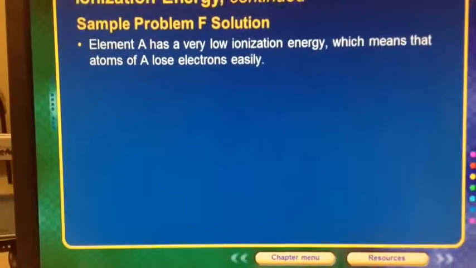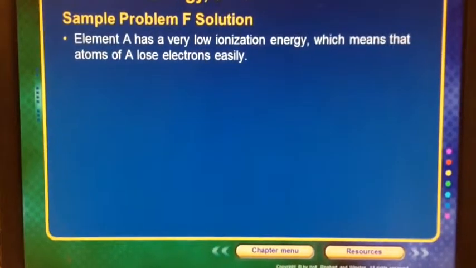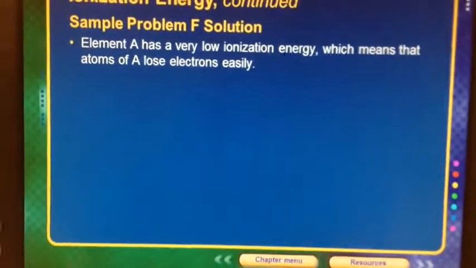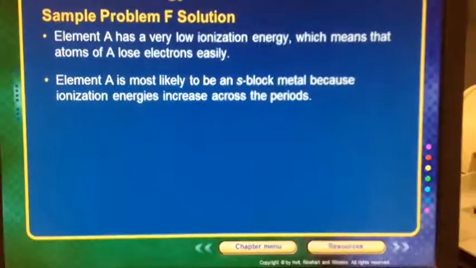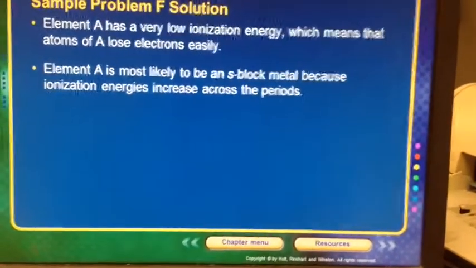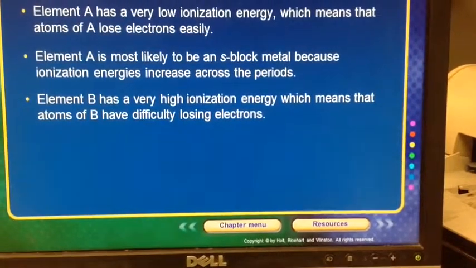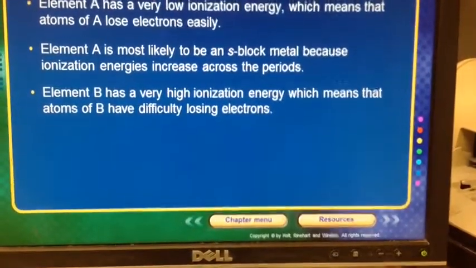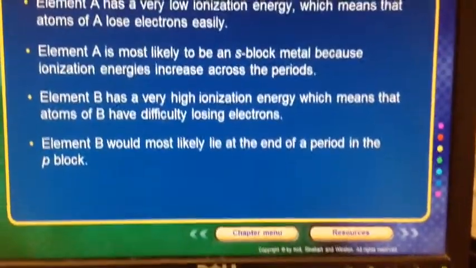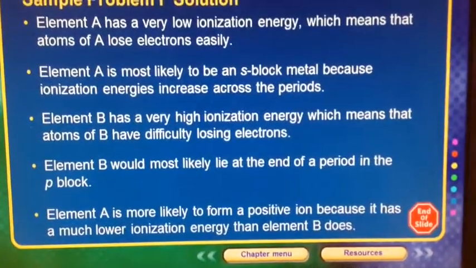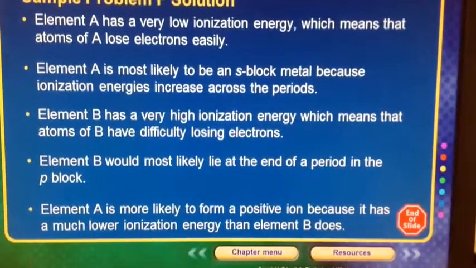All right, element A, notice, has a low ionization energy in comparison to element B, which means that the atoms of A will lose electrons more easily. So element A is more likely to be an S block metal because the ionization energies increase across the periods. Element B has a higher ionization energy, which means that the atoms of B will have more difficulty losing their electrons. So B would most likely be at the end of the period, or in the P block. Element A then is more likely to form a positive ion because it has a much lower ionization energy,